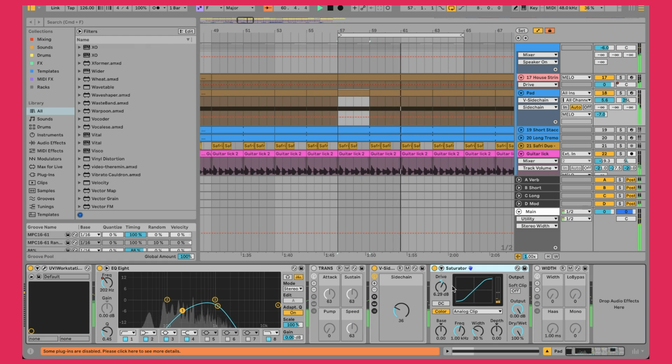The idea here was to try to fill out the sound a little bit more, and that's how this track also ends up sounding a bit more modern, because it sounds a little bit more filled out. Then what I also added in were these different string sounds.